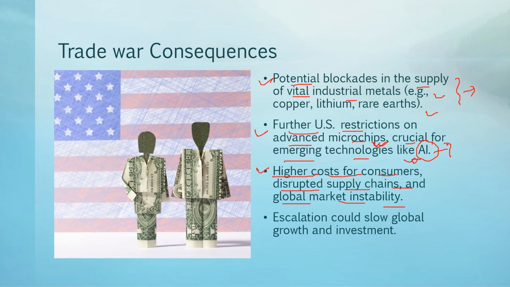So as I have already said, ये रेयर अर्थ मिनरल्स है, कॉपर है या फिर एआई है, सो इनका, जिन चीज़ों पे ये डिपेंडेंट है, जिन चीज़ों से ये बन रहे हैं, ठीक है, अगर उसका सप्लाई अफेक्ट होता है तो ऑब्वियसली इनका जो फैक्टर कॉस्ट है बनाने में या फिर प्रोडक्ट को डिलीवर करने में, वो फैक्टर कॉस्ट भी बढ़ेगा। तो फैक्टर कॉस्ट बढ़ेगा तो ऑब्वियसली जो रिटेल प्राइस है या फिर जो होलसेल प्राइस है, जिस प्राइस पे वो प्रोडक्ट या सर्विस कंज्यूमर के पास पहुंच रहा है, तो उसका भी प्राइस बढ़ेगा ना। तो कंज्यूमर्स विल ऑल्सो फेस द हाई प्राइस, right? Or there will be global market instability.